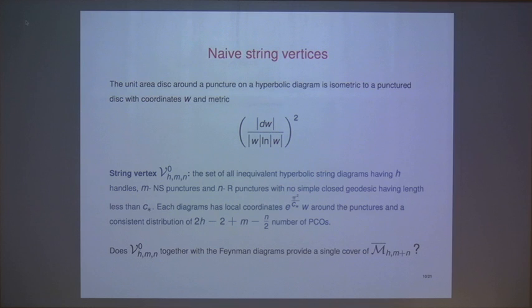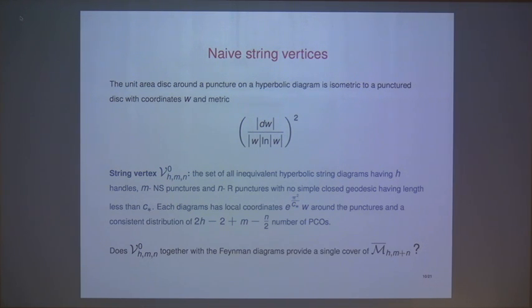In the case of minimal area metric, this parameter c star was 2 pi. Still, there also you can vary it, but here I choose an arbitrary parameter c star, and we have to assign local coordinates on these elementary diagrams. On each elementary diagram, we choose a local coordinate e raised to pi square by c star. This is a normalization factor, and then choose this coordinate w. This is the coordinate that is induced from the hyperbolic metric on the string diagram.